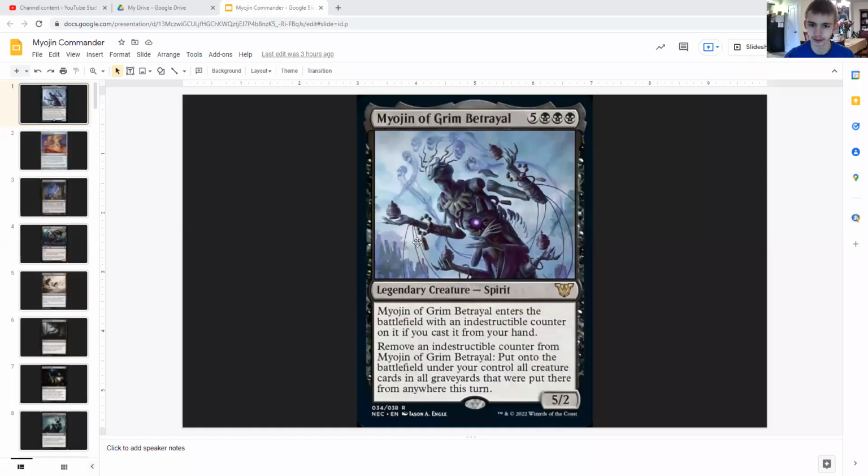We are continuing with the Myojin trend. So today we're looking at the black one, Myojin of Grim Betrayal. Same thing except just in black. Different ability involving the indestructible counter this creature gets from entering the battlefield when you cast it